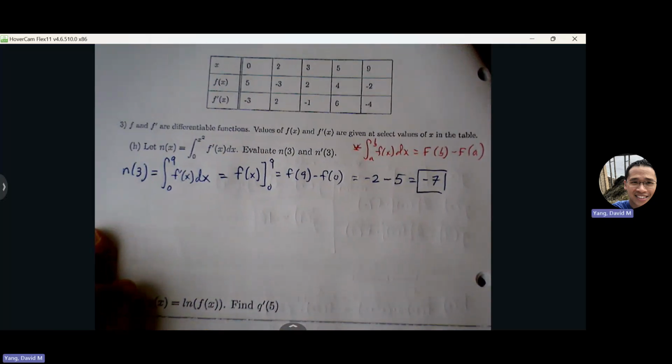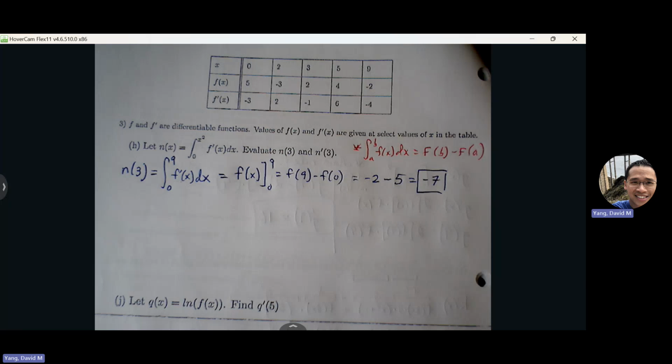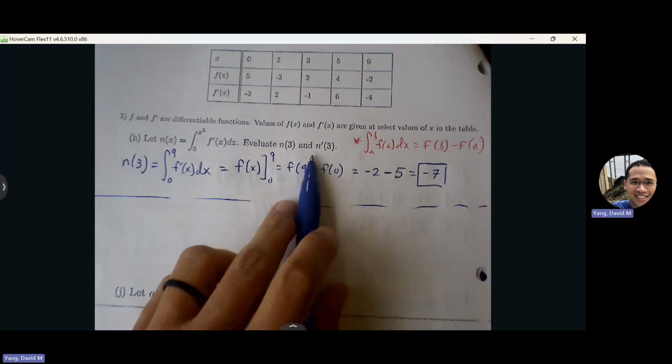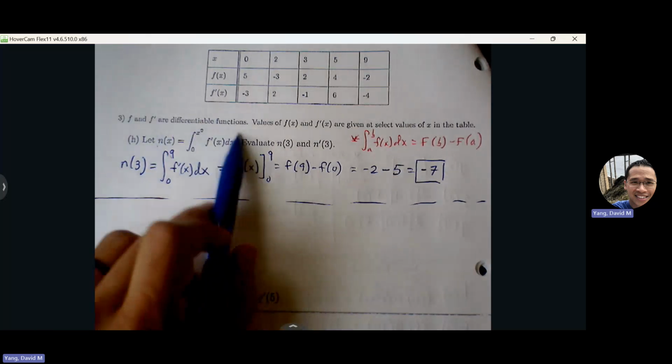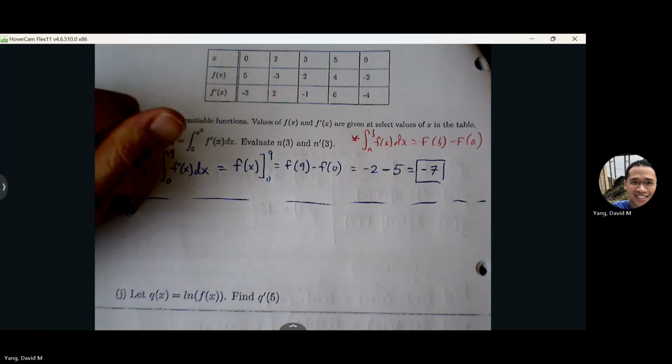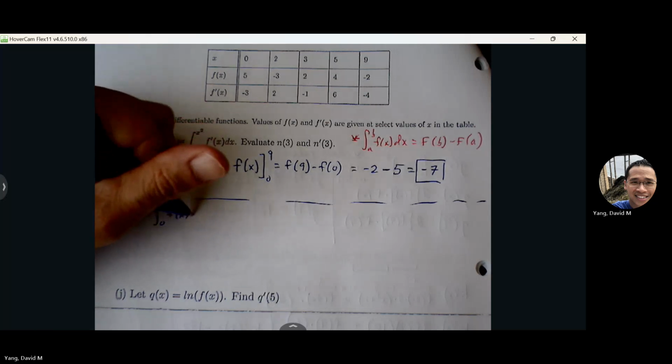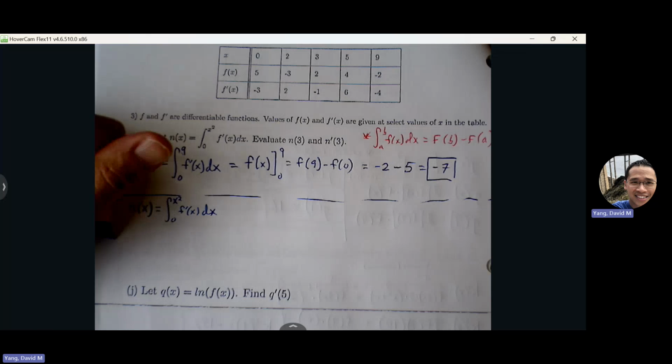We use our table of values to find those ordered pairs. Okay, before we find N prime of 3, let's build N prime of x first. So if you remember the second theorem of this,